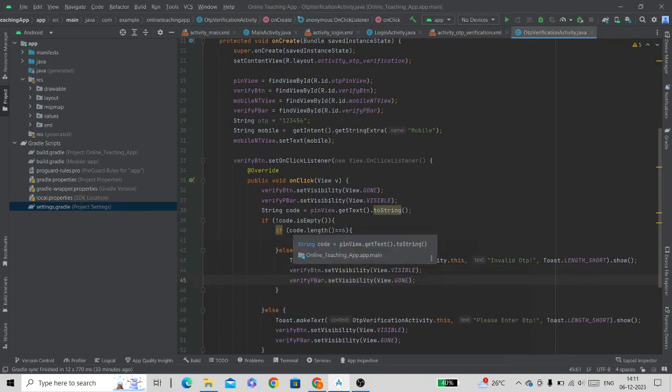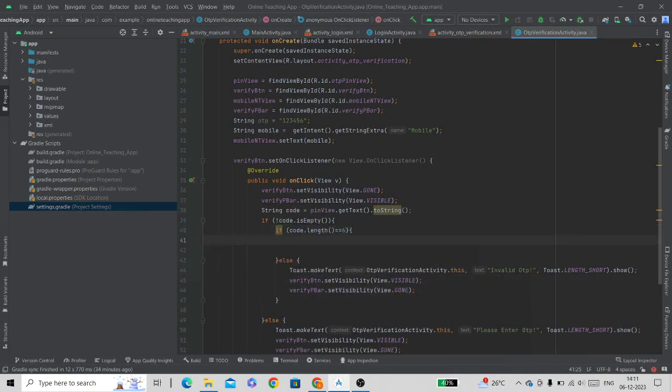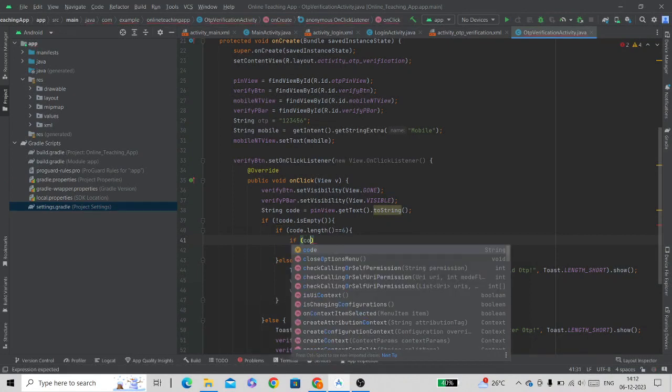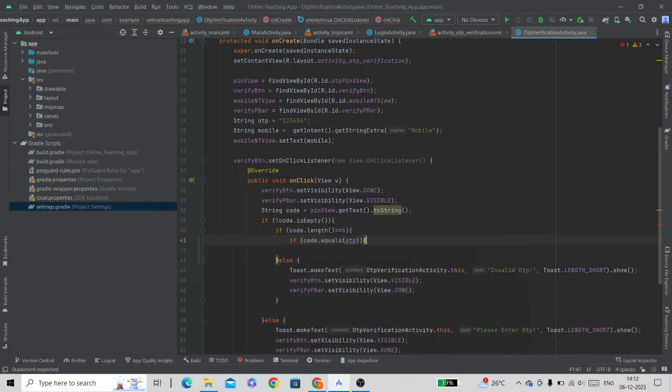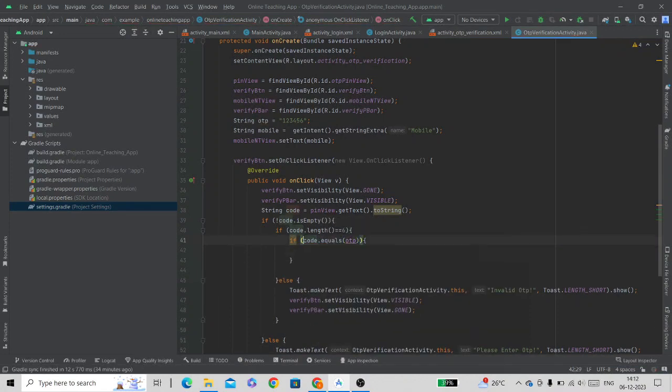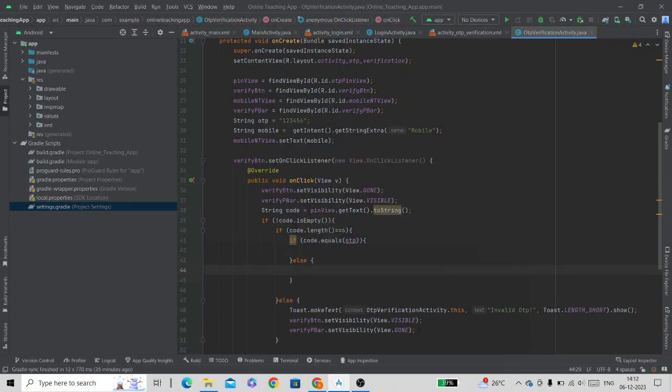But if the length is equal to 6, then we will check that the input from code is equal to our dummy OTP. For that, use if condition, and inside this bracket check code dot equals OTP. Now if this condition gets false, means the OTP is not equal to the code, we will set an else condition and we will pass the same message.